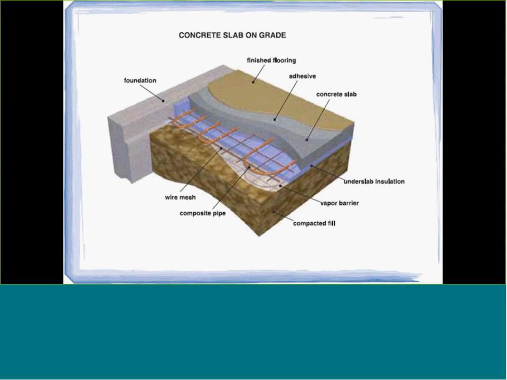The most common and the most cost-effective is concrete slab on grade, where we simply put down insulation and then attach our tubing either to a piece of wire mesh or staple it directly to the foam, and then pour the concrete floor right over top of the tubing. We see this very common. You do basements, garages this way, pole barns, shops, all kinds of different installations